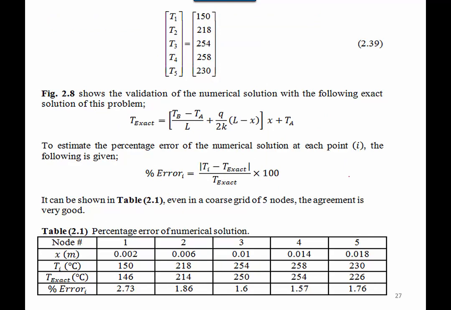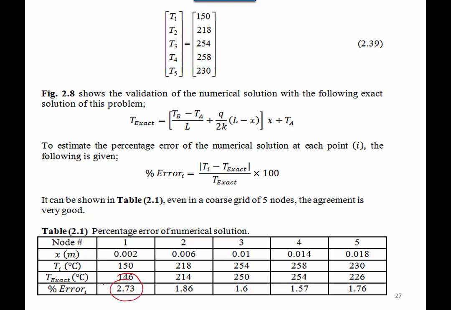The numerical solution is shown in the vector of temperature in equation 239, and the exact solution is shown in this equation. If we want to calculate the error between both solutions, we use this formula here, and we take the absolute value in order to cancel the negative sign if it appears. Therefore, for the 5 nodal points, if we compare both solutions, we will have table 2.1, and as we see